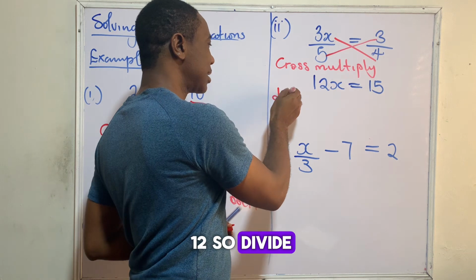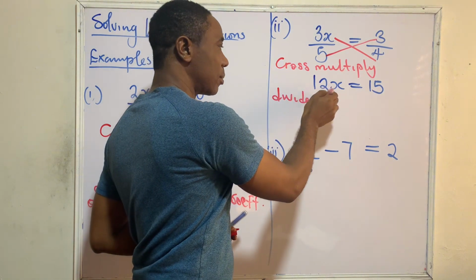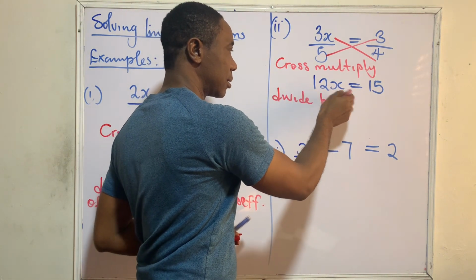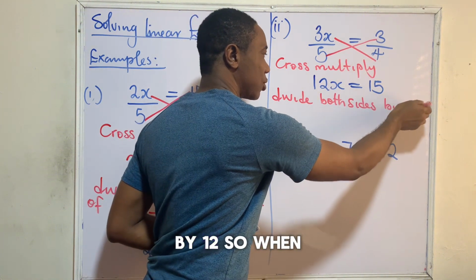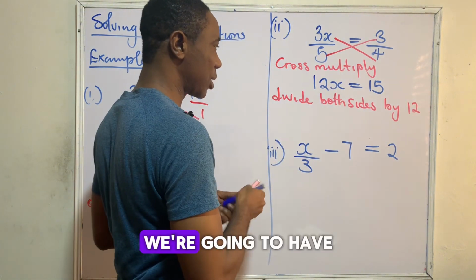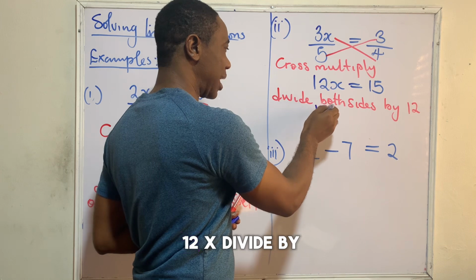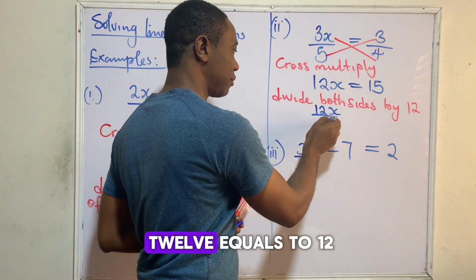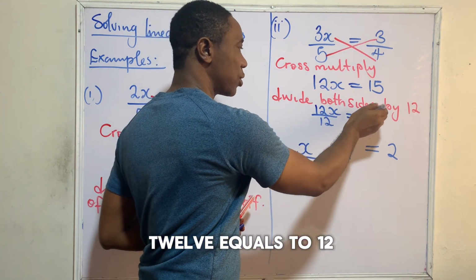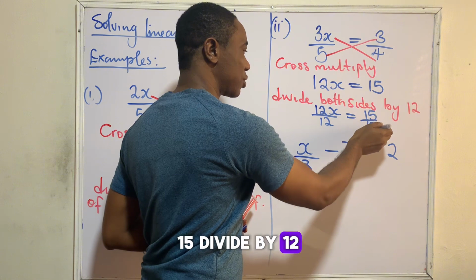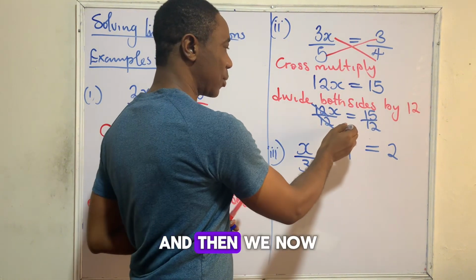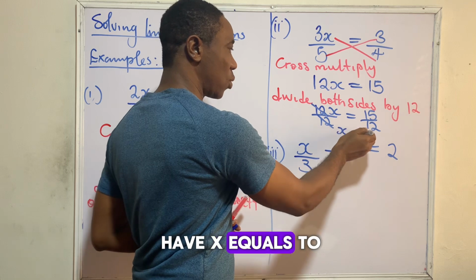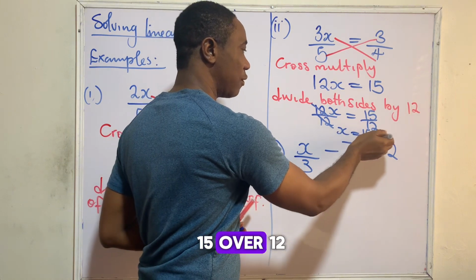So divide both sides by 12. So when we divide both sides by 12, we're going to have 12x divided by 12 equals 15 divided by 12. So the 12s cancel each other, and we now have x equals 15 over